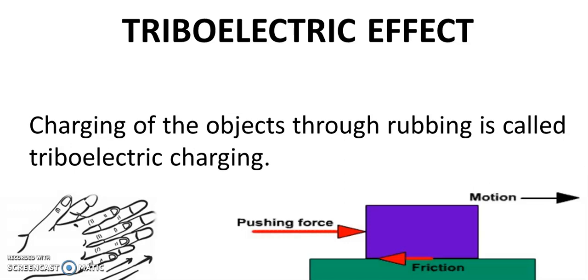When we rub the palms of our hands, friction is produced. When we drive a car or vehicle and suddenly apply the brake, friction is applied between the wheels and the road. When we move something on the floor, it may be a table or a chair, friction always opposes the motion of the object.